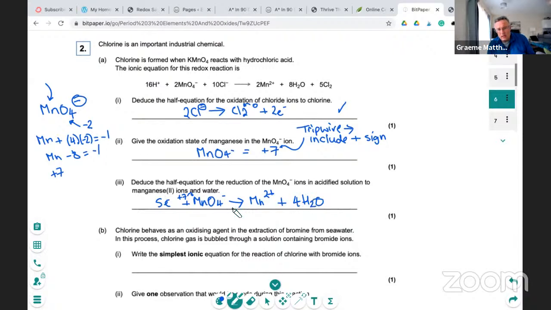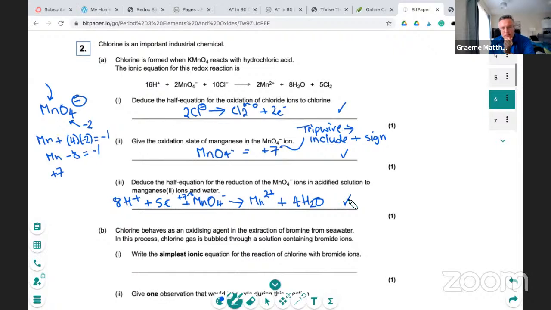Absolutely. All right, and I need to add 8 hydrogens on this side, because I've got 4 times 2 is 8 hydrogens on this side. So really quick, checking that. Yes, we got this correct. Good. Yes, yes, yes. All right. Now,